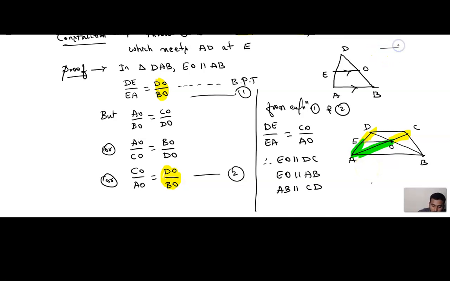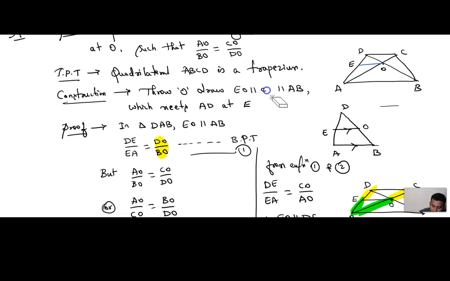Children, one thing, in this case above, you need not write EO is parallel to CD, because we are taking only one condition. EO is parallel to AB. Now here we have to prove this is CD. That step is coming now. Just take EO is parallel to AB. Enough. Only one condition you take. Let me take only these two conditions. Now we are proving the top condition, because in the previous problem they had already given it. So we had taken all the three sides as parallel. But here we have to prove that CD is parallel. That's the difference between the previous problem and this problem. Got it? Okay.